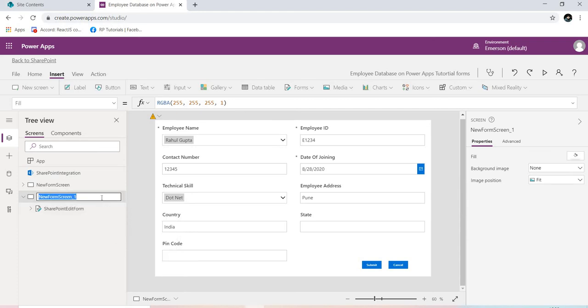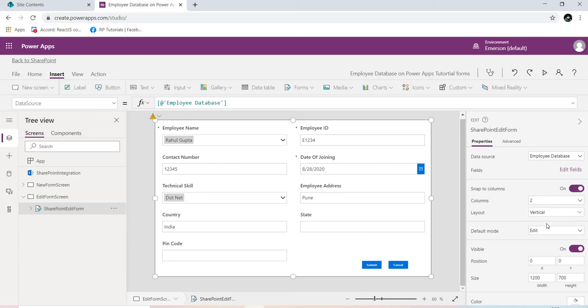Same thing for the screen as well. We will change the name to edit form screen. Okay, so if I now go to form, I set default mode to edit.